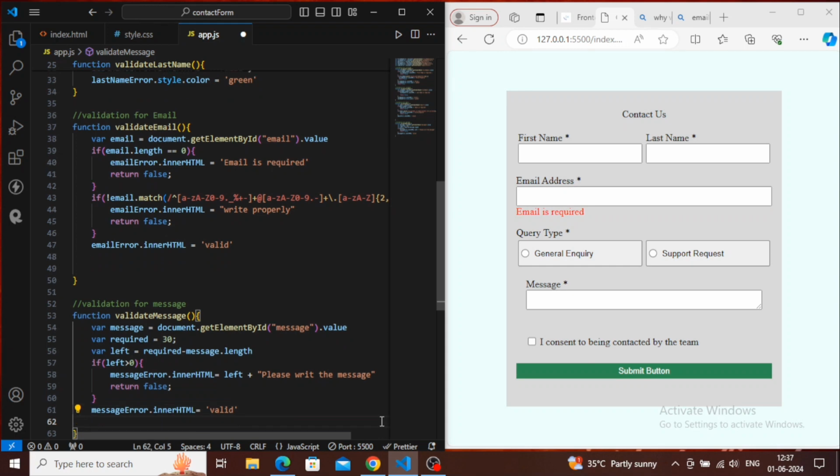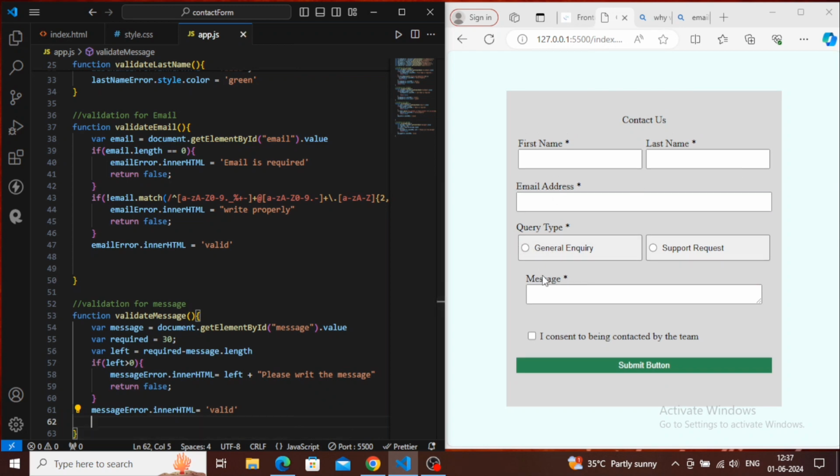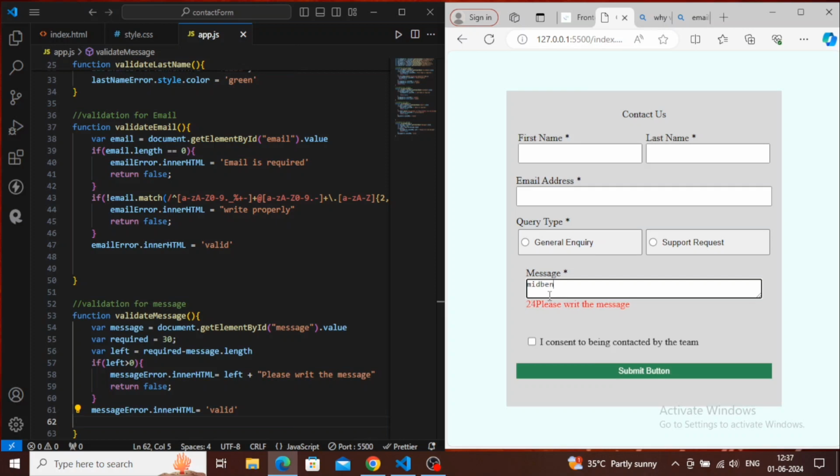And we have to change the color of this thing also. Here also we have not changed the color for the email, we will change it together. But let's check this condition first. For message, let's type Mid-venture. As you can see, it is showing the left out. We have 30 alphabets, so how many alphabets are left? After that, it will be valid. Mid-venture coding is a very good